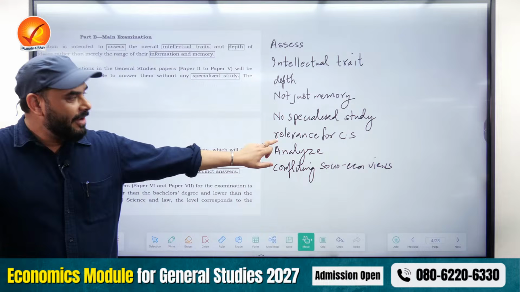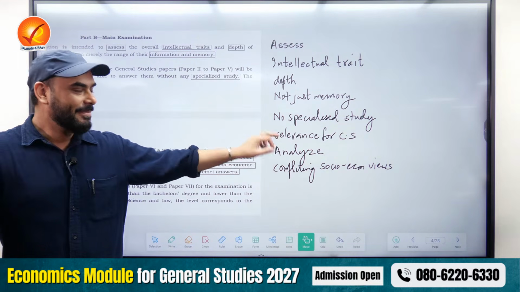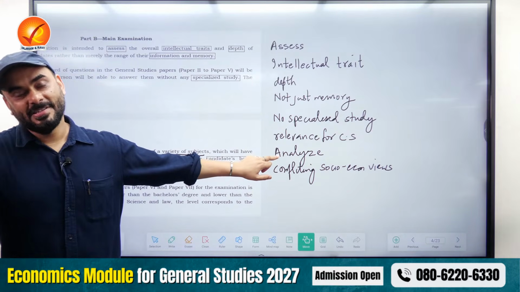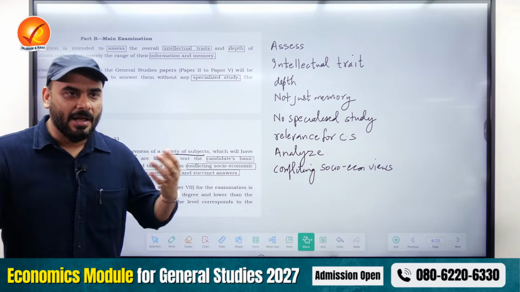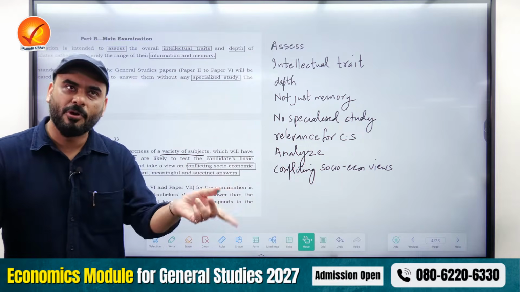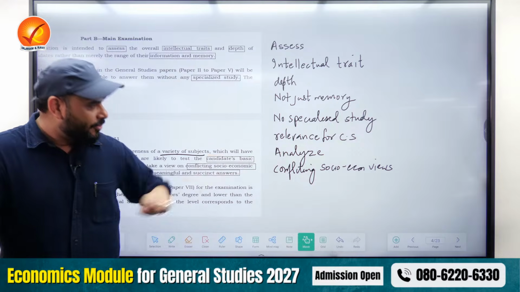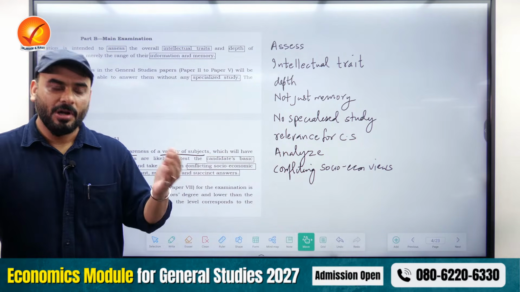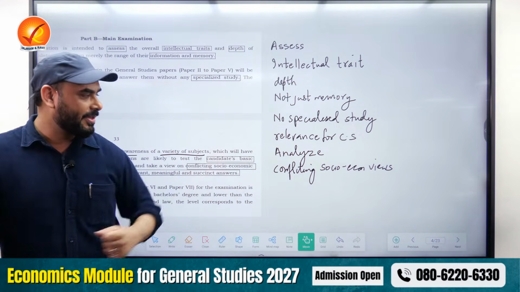Now, relevance for civil services: whatever you study, whatever you write in the exam must have some relevance for the exam. You have to be very analytical in your mind. For example, this year they asked a question related to nutrition. You have to be analytical and argue what exactly the problem in nutrition is. Does gender play a role in nutrition in India? Does lack of information play a role? These are the things you also have to write. And how to use, for example, Digital India to solve the problem of malnutrition and health. How can you improve the results when you digitize things? These are also things you write.